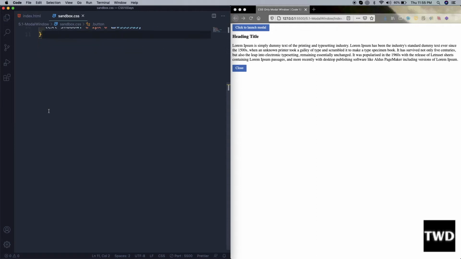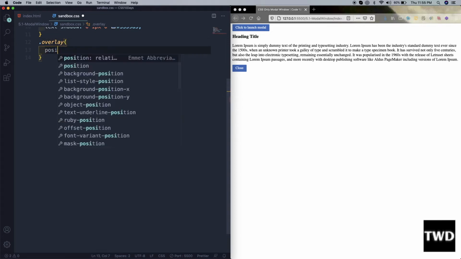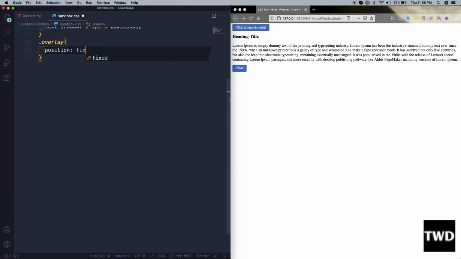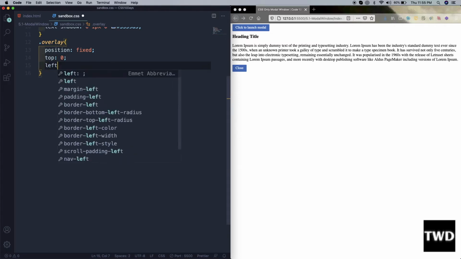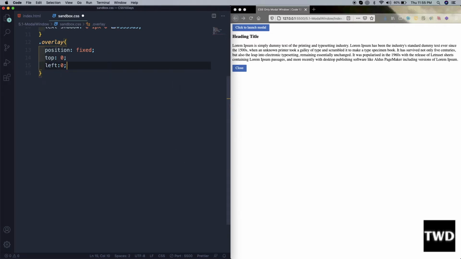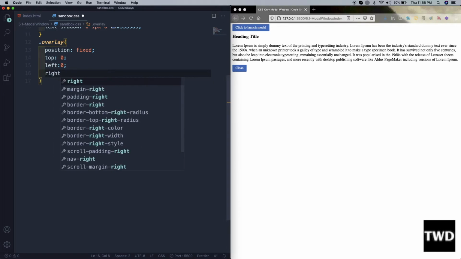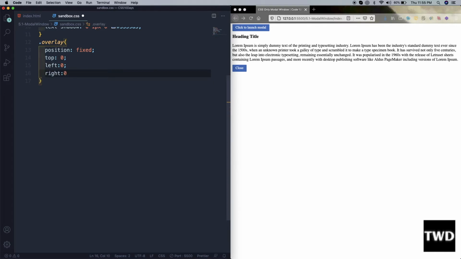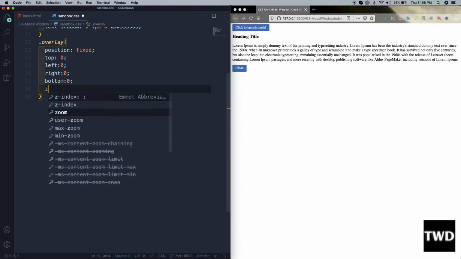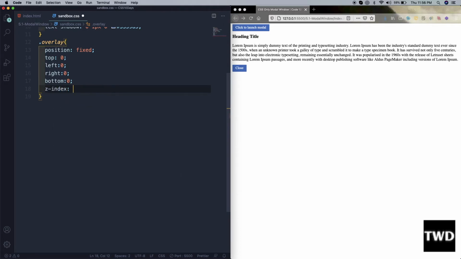So we go here, dot overlay plus, and then position is fixed, top is 0, left is 0, right is 0, bottom is 0, z-index is very important, 99,